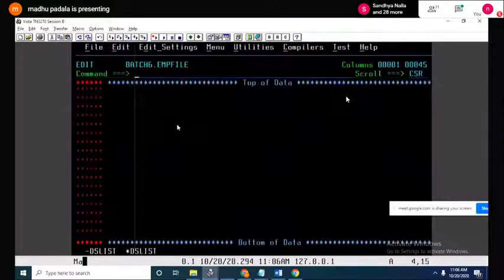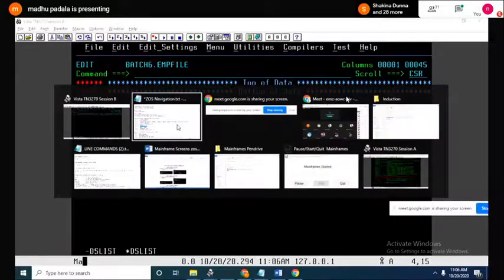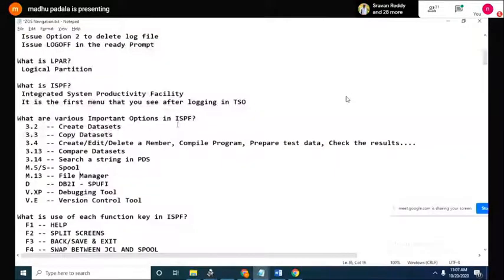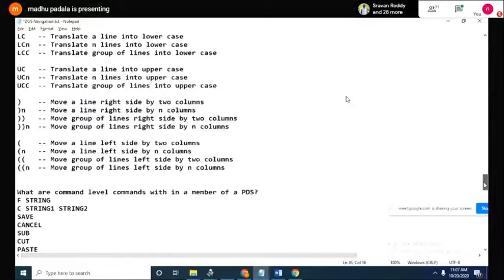First of all, before you edit a file, you have to use caps on. That means whatever you write in small case will automatically be turned into capital case. That's called caps on. I think I did not write it here. Caps on, caps off. Did I write it? No, sir.